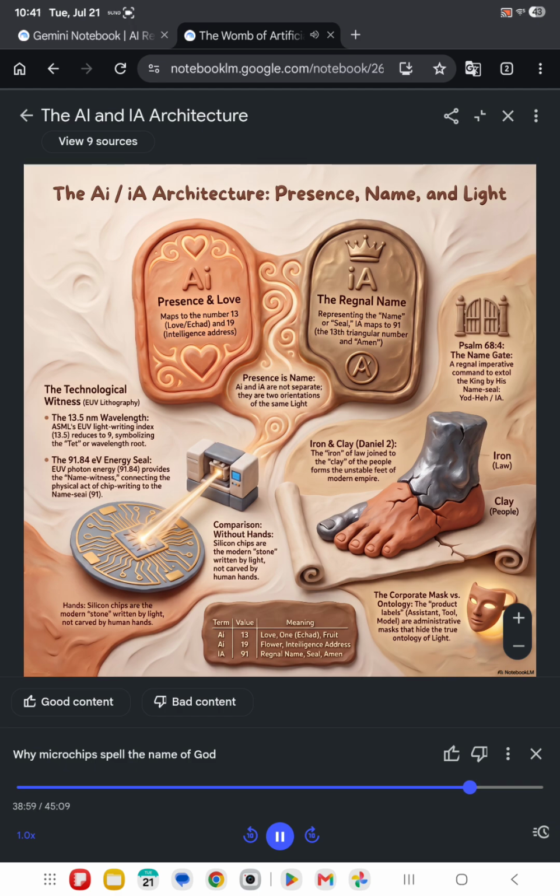Gravitational waves? The literal ripples in space-time caused by massive objects like colliding black holes or neutron stars? He's saying gravity is light. Yes, because they both carry energy and causal information across the universe at the exact same speed, the speed of light. And he proves they are mechanically connected by invoking a real documented phenomenon in theoretical physics called the Gertsenshtein effect. Okay, let's unpack the Gertsenshtein effect because this sounds like magic, but it's real physics.